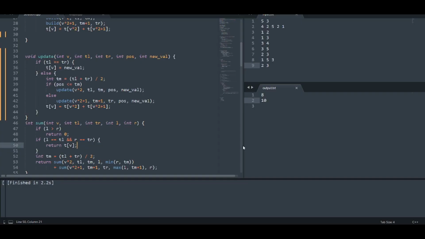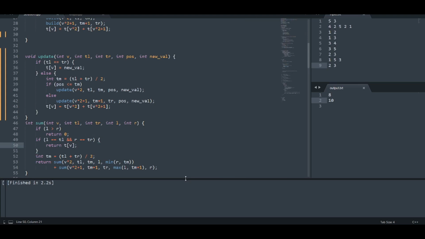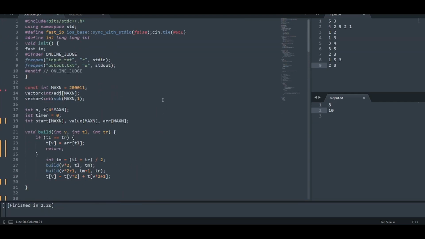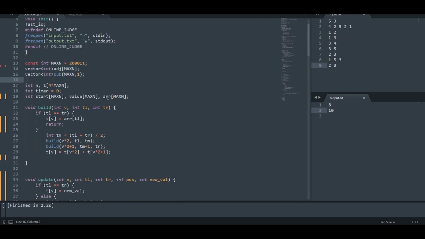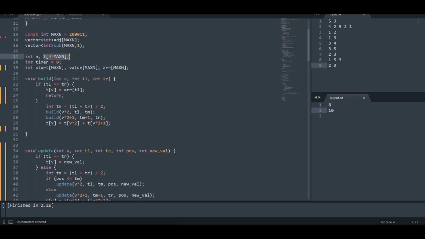Okay, so this is the implementation of this problem. Now this is the adjacency list in which we will be storing the tree. This is the array to store the subtree size. This is the segment tree, and this n represents the number of nodes. This is the timer variable which is used to store the end time. Now start time is stored in this array, values of the nodes are stored in this array, and this array,